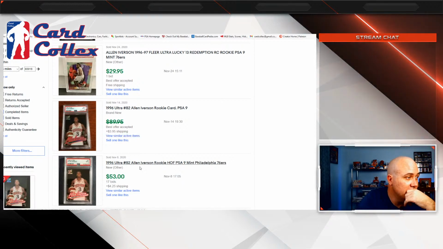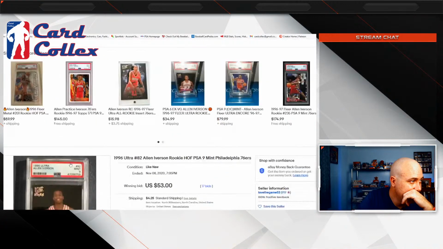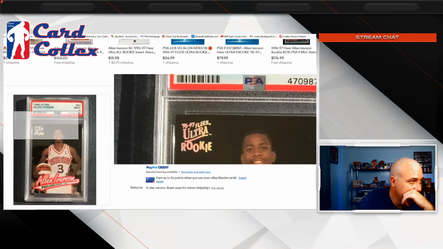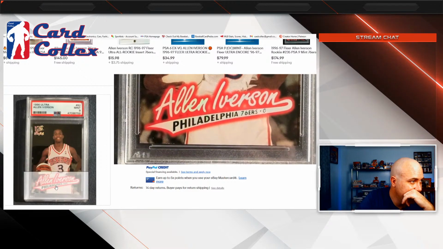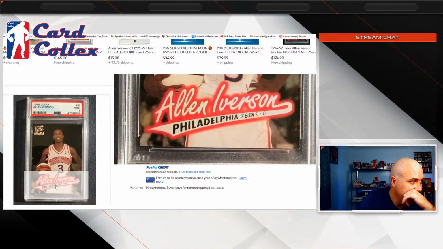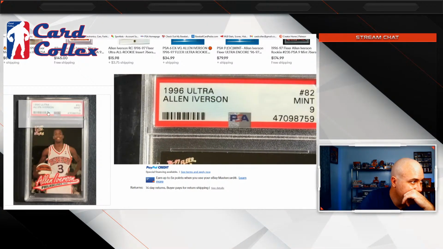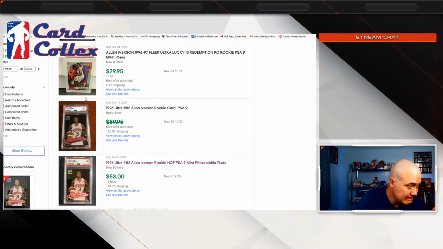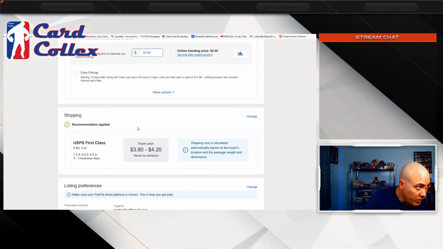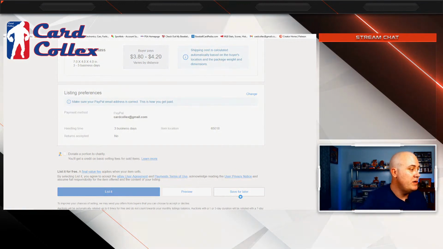Dang, this card sells pretty good in a PSA 9. Anyways, all right, let's see. We'll just leave the shipping the way it is. Save that one.